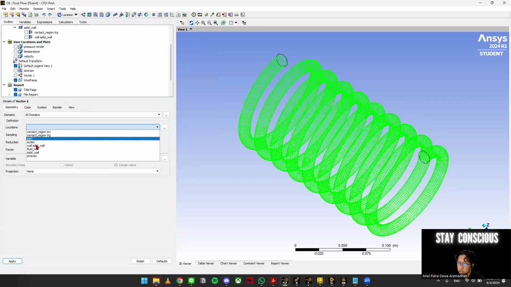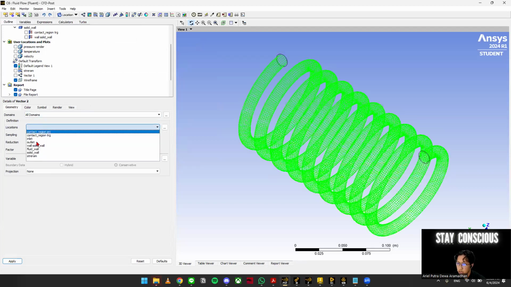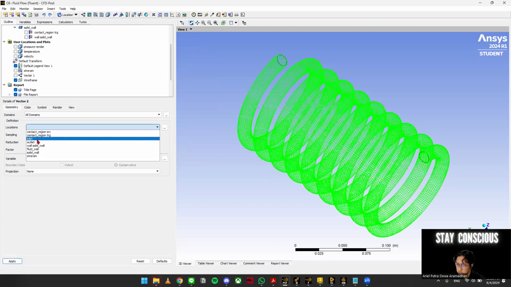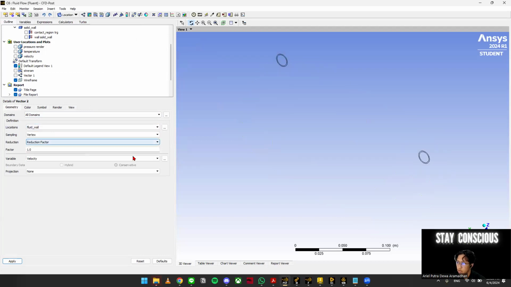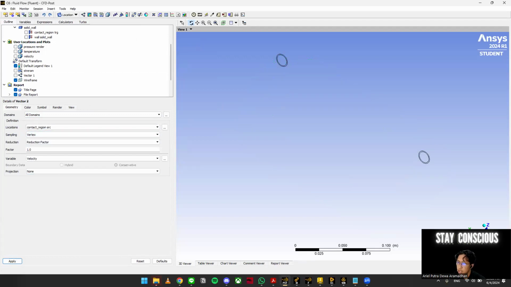Then the location is in all domains here. And then for the location, where is it? The fluid wall. I'm sorry, I think it's in the contact region. And then all you have to do is click apply.